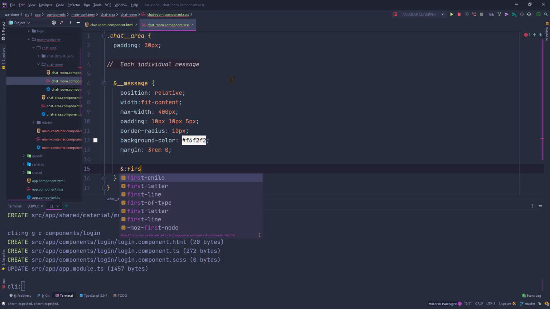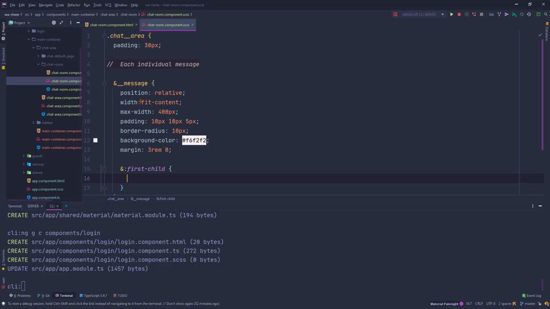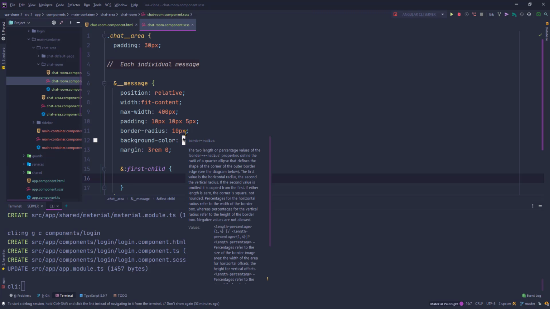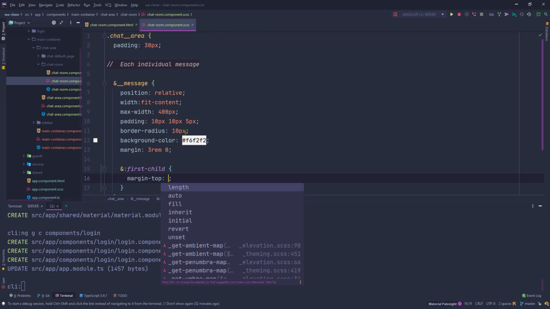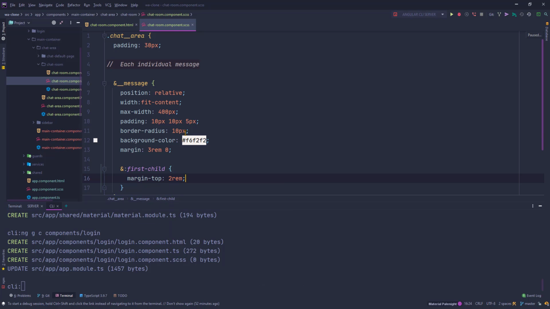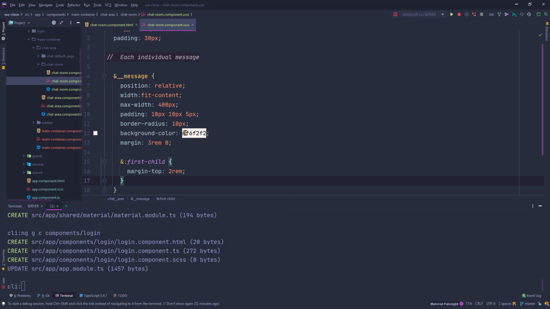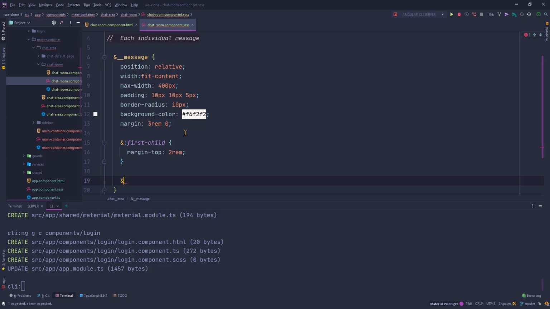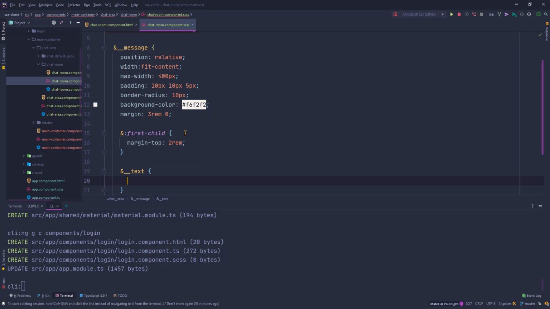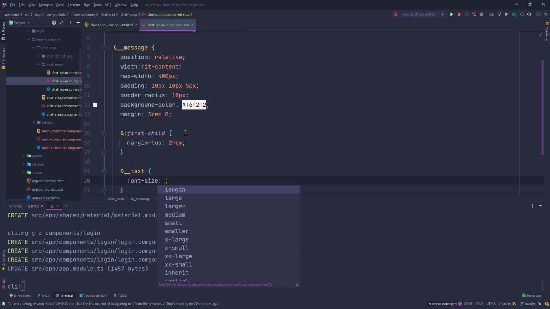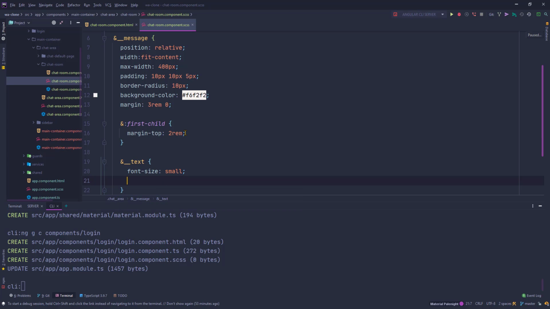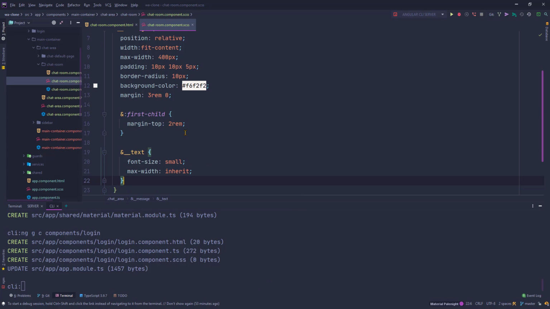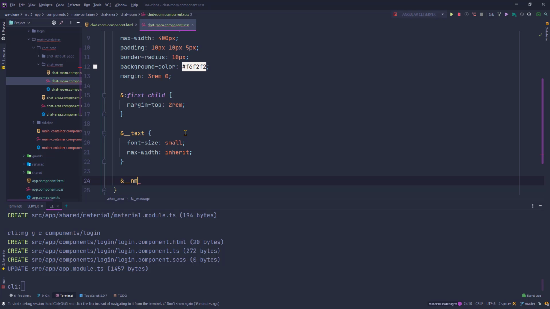So the first, I'll use a pseudo selector, say first child of this message will have a margin top of 2 just to give some extra space from top. And text, the text will be of font size small, max width, inherit,